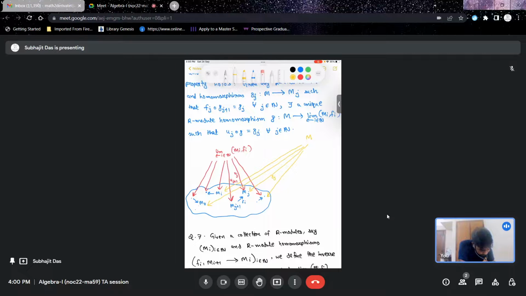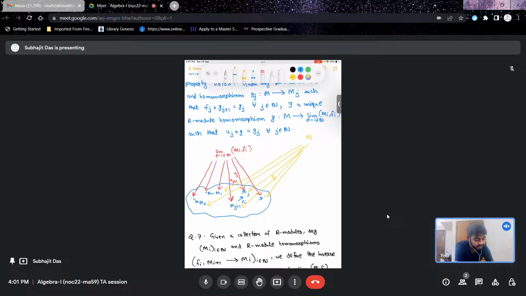Given these arrows gj, gj plus 1 and so on, such that again the small triangles commute,